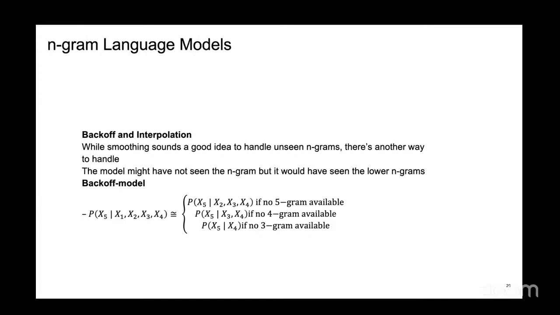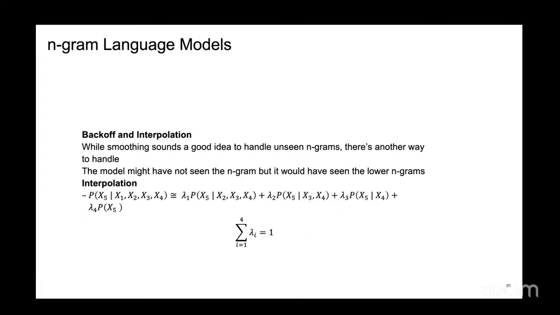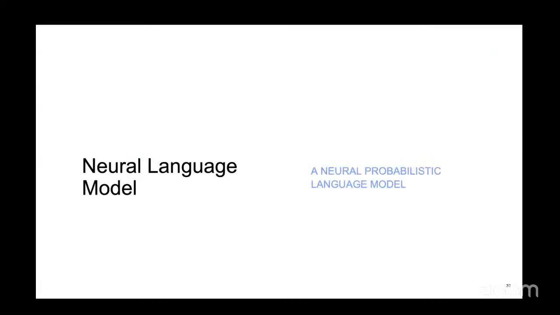The problem is that as I go lower and lower, I make more and more errors when I utilize such probabilities. So either I go to the lowest probability which I can compute, or I do a combination of things. So if I can see a quadgram, I do a combination of quadgram plus bigram. These are again some sort of heuristics or hacks which were used in the early days to build such models. The important thing to understand is that they're heuristics, so they don't capture the complexities we have today. So that's when we started building larger neural networks to build these models.